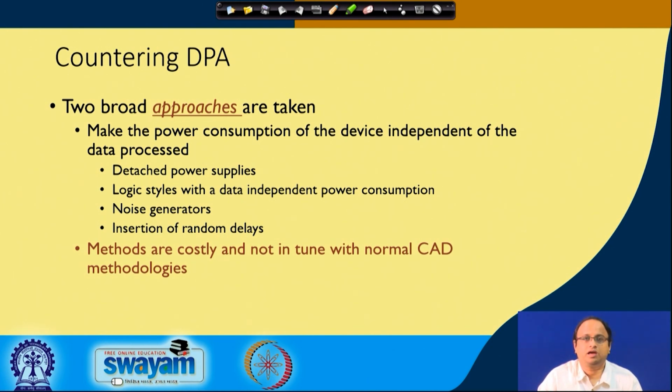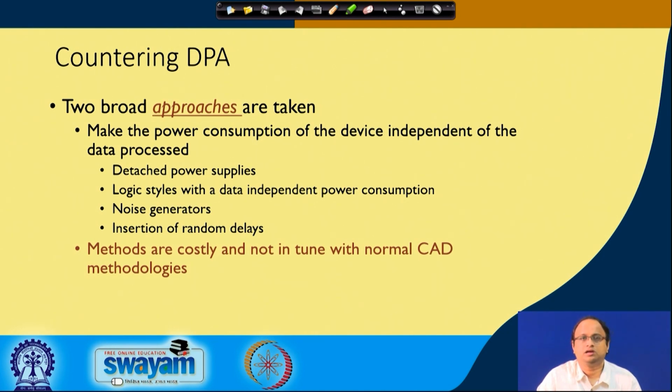For example, with a complementary logic, although in principle it looks nice because it would make the consumption independent of data by making it constant, it also depends upon how you are routing your design inside an ASIC. If the circuit processing X and the circuit processing X bar are not routed in a very uniform manner, then it may still lead to